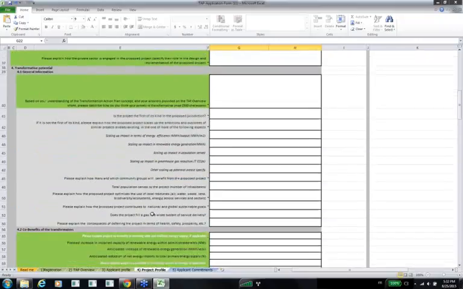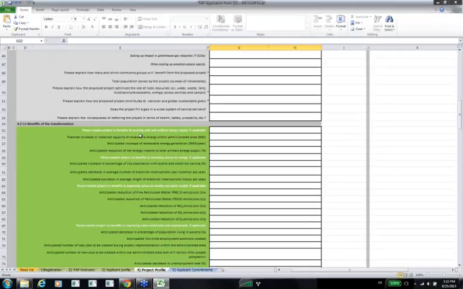For instance, we'll be looking at the co-benefits of the project in terms of sustainability, and here again we ask the applicant to only fill in the applicable fields that are relevant to their project. As well, in terms of the climate potential, it can be either mitigation or adaptation, so we ask you to fill in the relevant fields for you.